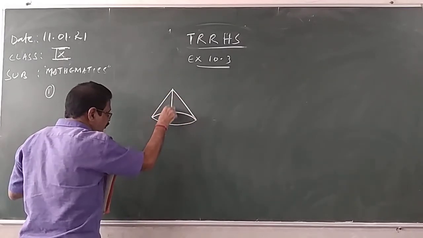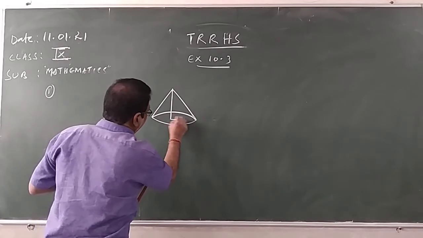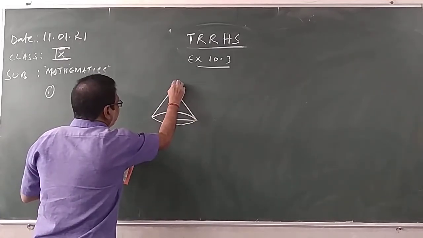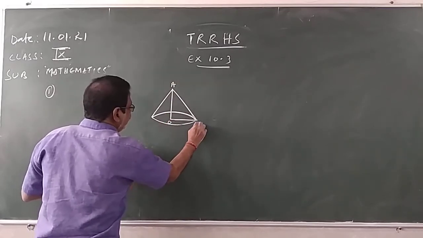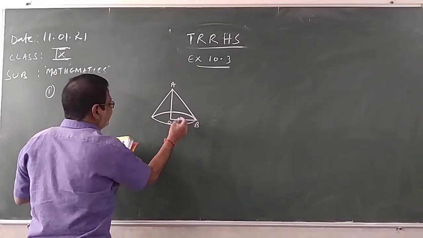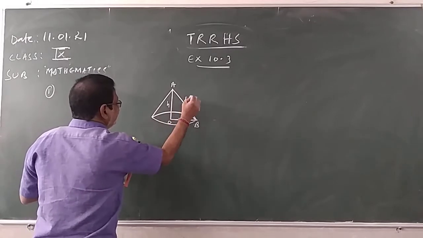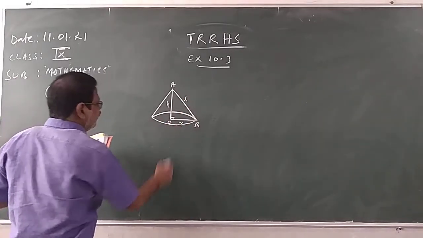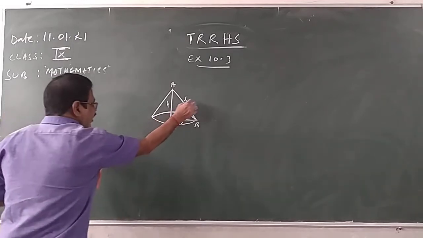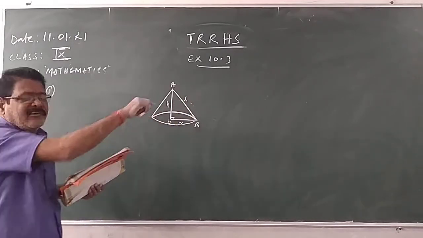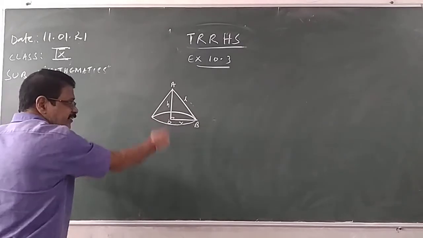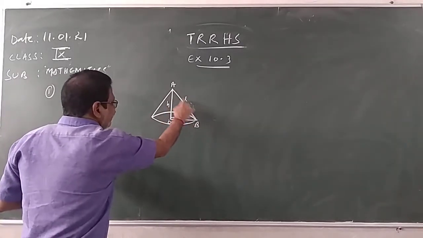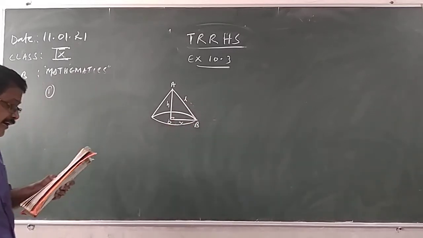This is the cone. The cross section of the cone is a right angle triangle, I told you. This is A, O, B. OB is the radius r, this is the height, and this is the slant height. The side opposite to the right angle, the hypotenuse, is the slant height here. h is the vertical height. OB is the radius and AB is the slant height.